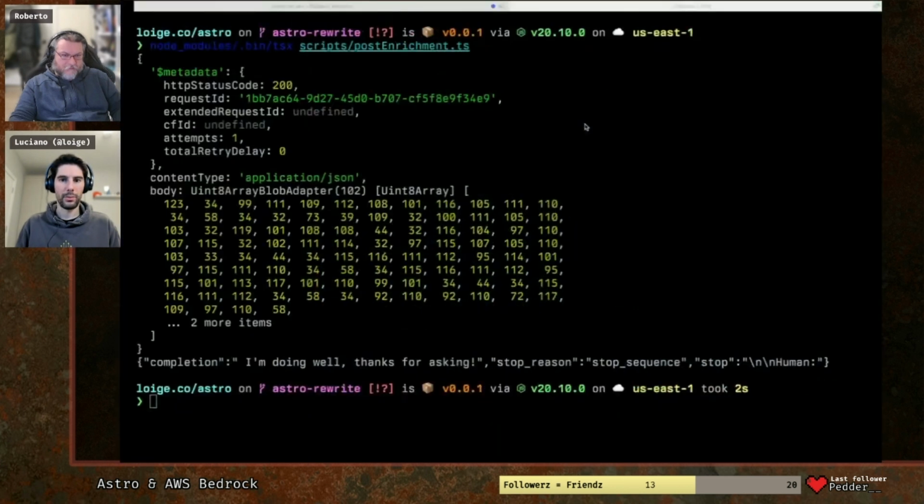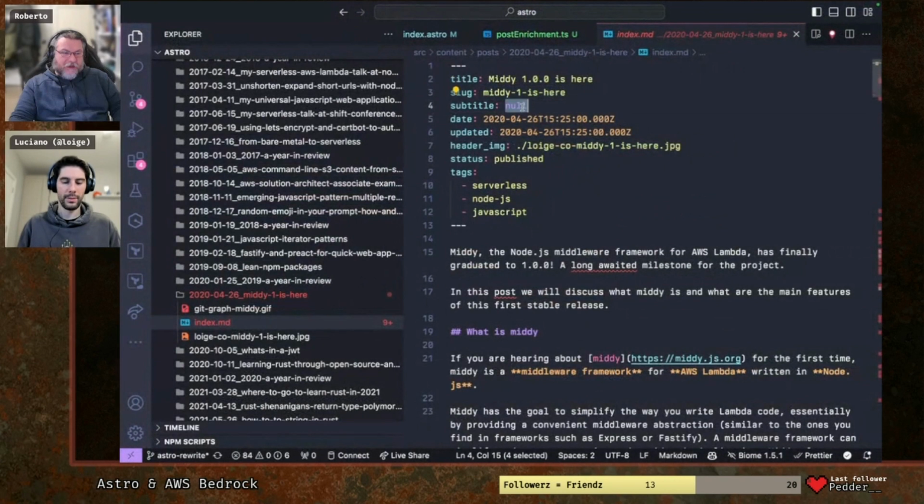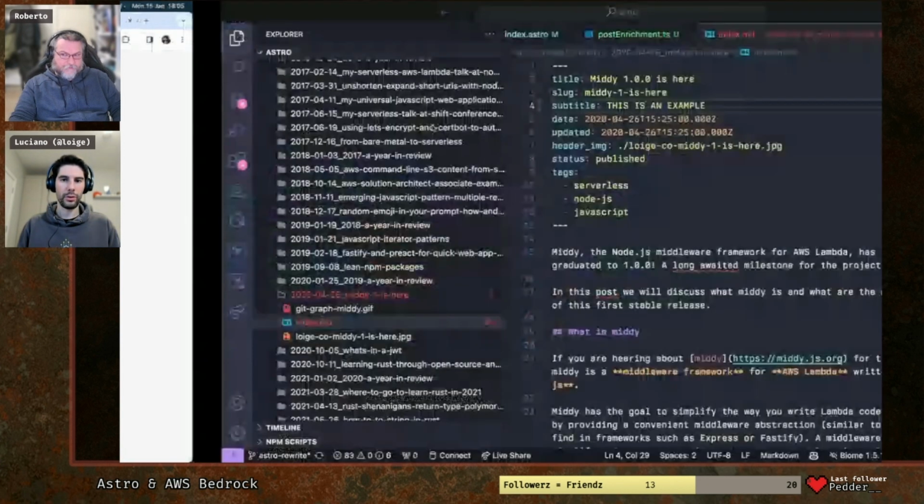Let's go back to the browser. Yeah, our plan is basically to populate that with Bedrock, right? Exactly. You can see here a subtitle, right? So what we could do is, I can also have